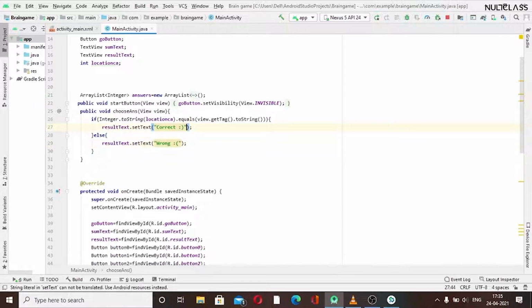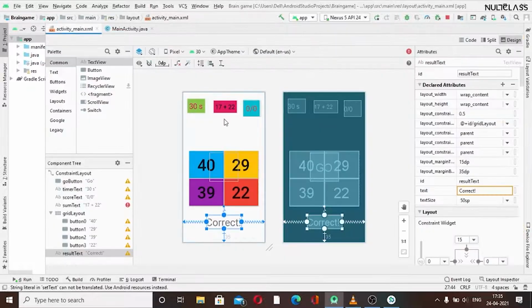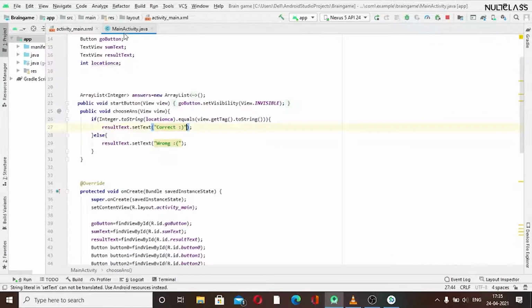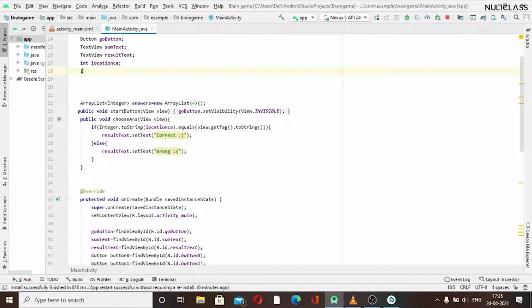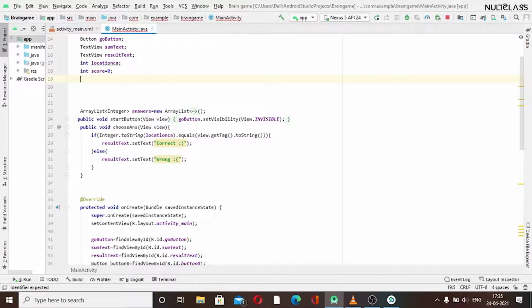And now we want to initialize other things. We have done our task for some text views, we have done our task for buttons. So now we want the score and timer to work: the timer should decrease, and our score should get updated as soon as we select any answer. So for the score, we will be initializing score to 0.